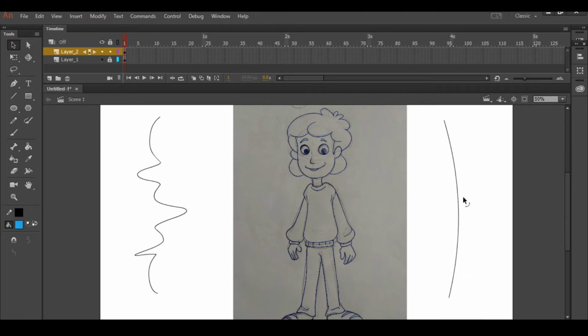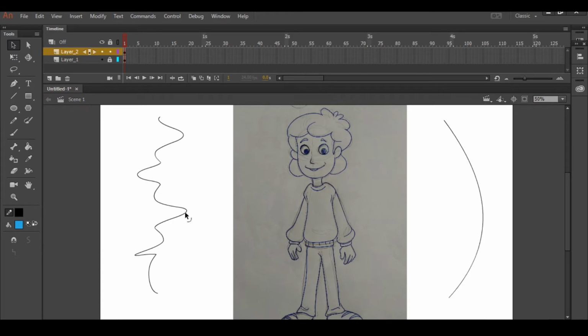But if I use line, see, easily we can work on lines, it is very easy to edit, because in animation every frame we have to work on, so it is easy to edit. The pen tool is very tough, and so are the pen and pencil. So we will be using only the line tool to trace this drawing.